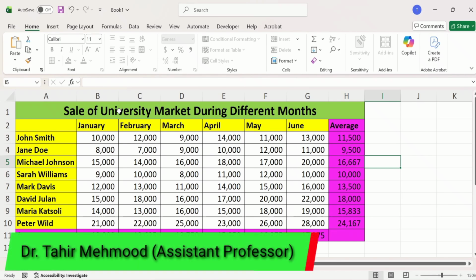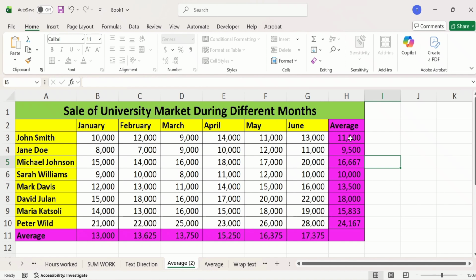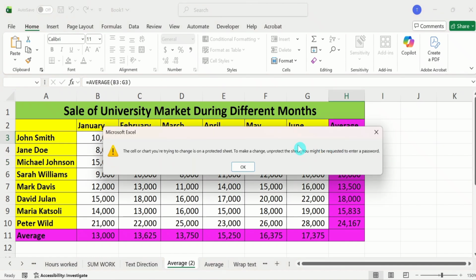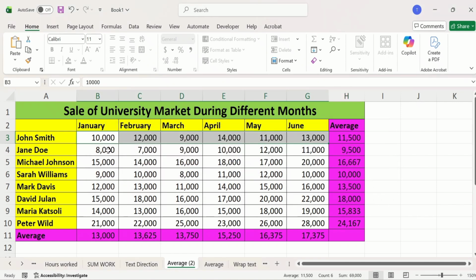In this video, you will learn how to lock formulas in Microsoft Excel. Currently, you can see here I have opened an Excel sheet and I have locked these formulas. If I double click on this, you can see here we cannot edit these formulas because I have locked these cells. In addition, you can still make the changes in values and Excel will calculate average according to the new